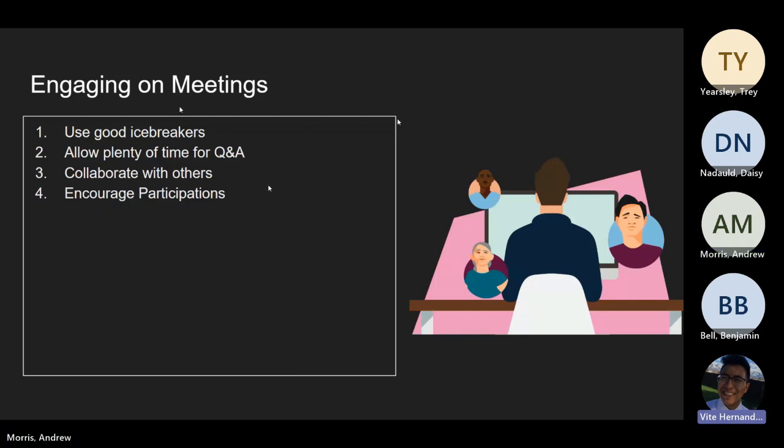By carving out dedicated time for questions and answers, we can address any knowledge gaps, address frustration, and ensure everyone feels heard and understood. Third, collaborate with others. Collaboration is the key. We all have unique perspectives and insights to contribute. To avoid repetitive meetings and maintain engagement, a good idea is to take turns in facilitating our meetings. By spreading responsibilities, we can bring fresh ideas, improve communication, and keep everyone engaged.